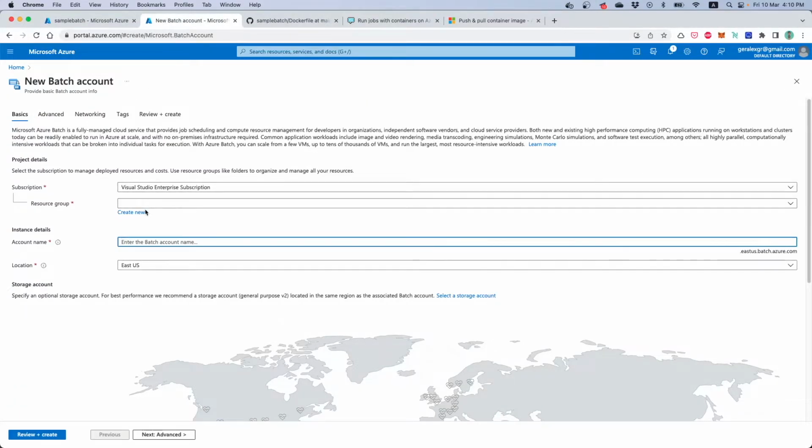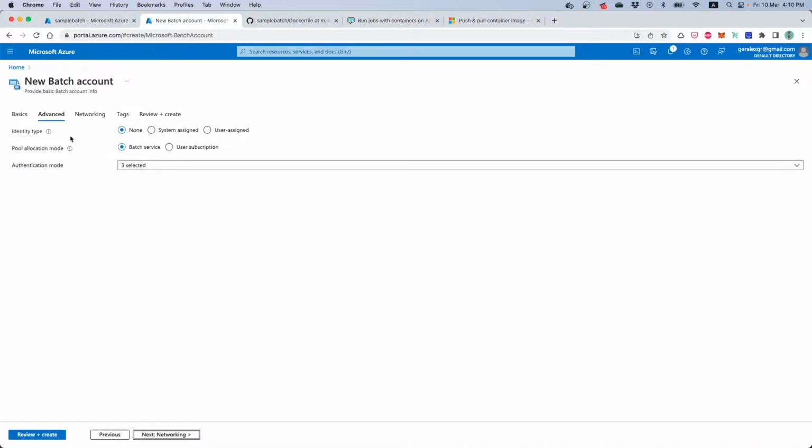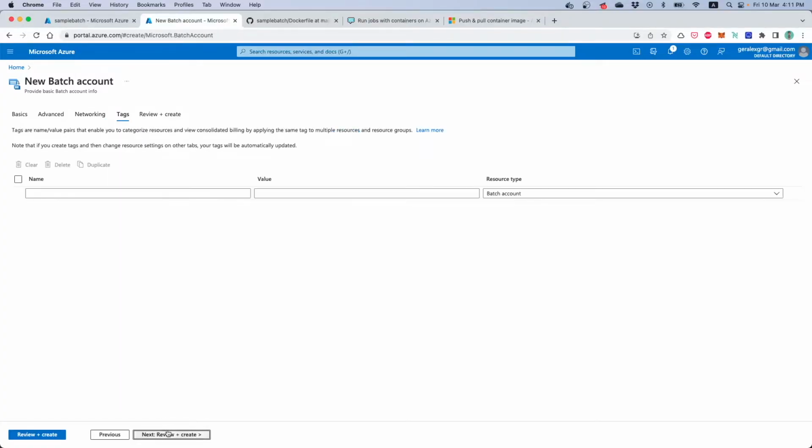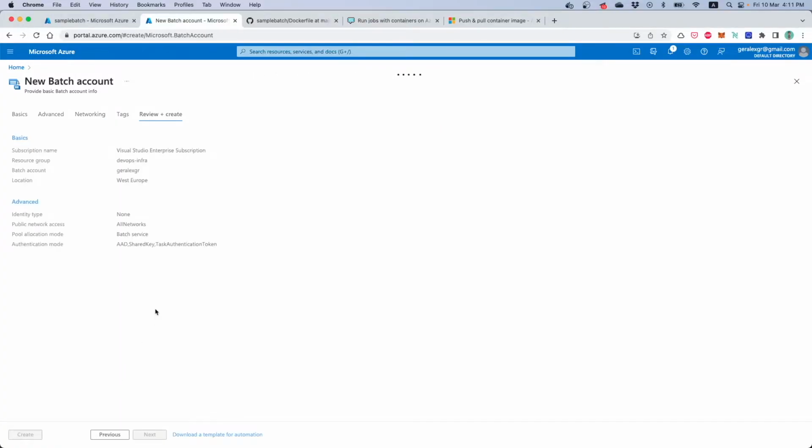So we will create a new batch service and store it inside the same resource group, and we will just give a name for our batch service. I will try to use the username that I always use, and then we will just leave the defaults on the creation of our batch account. So we will use the batch service and the identity type none. Then we can have it as public, as the default indicates, and we will press review and create for this